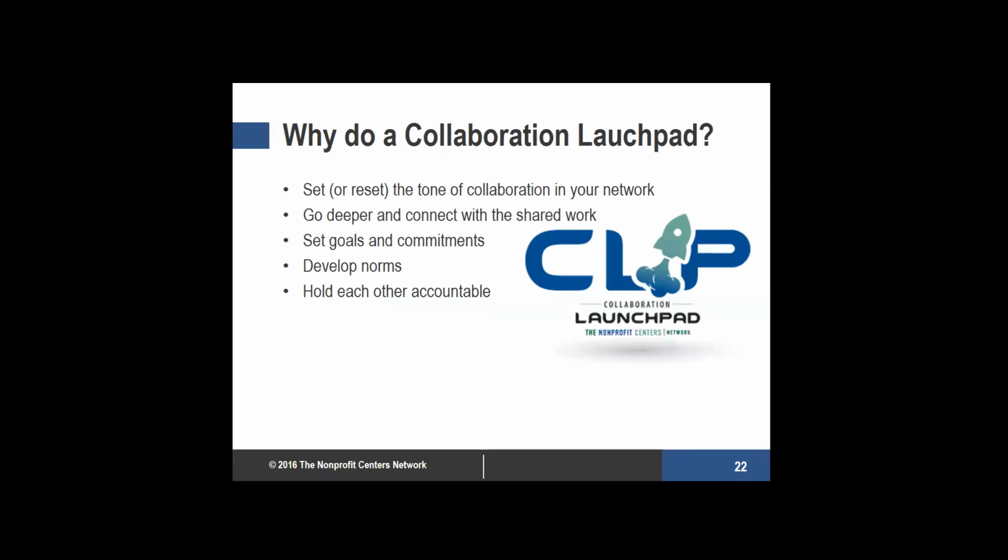So in summary, why should you do a Collaboration Launchpad? When is this set of activities, or any of these activities, useful? I find it really helpful in my network when you're trying to set or reset the tone of collaboration. Most of the groups that we work with in this Collaboration Launchpad format are in their first 1 to 2 years of opening. However, I feel like these tools can also be tweaked and applied to more established communities,